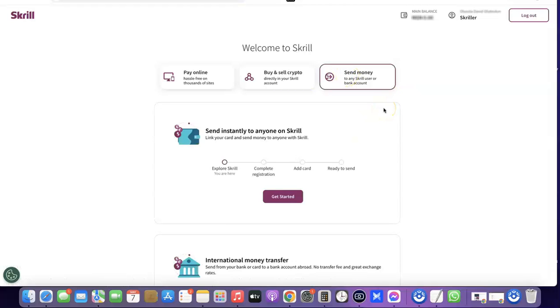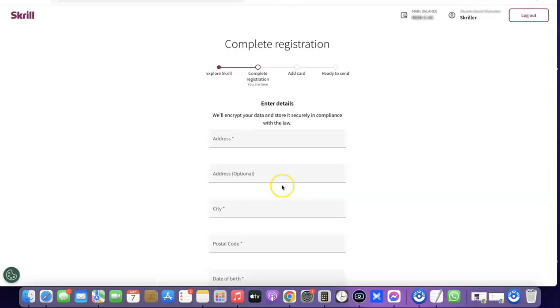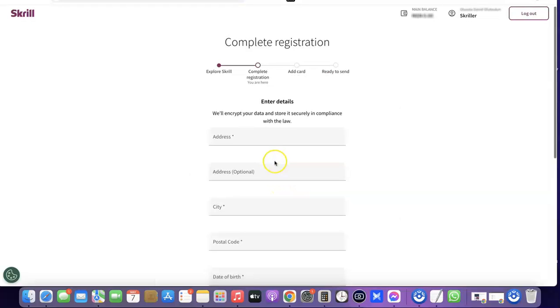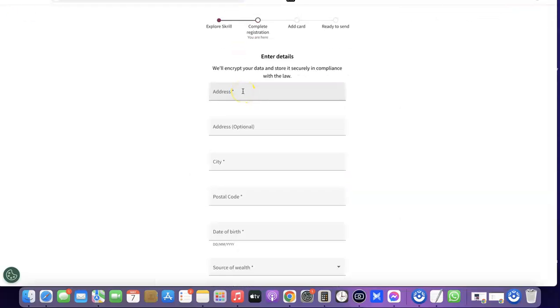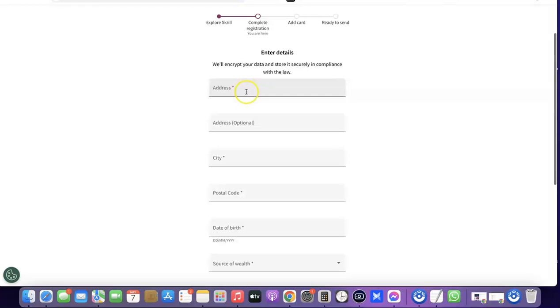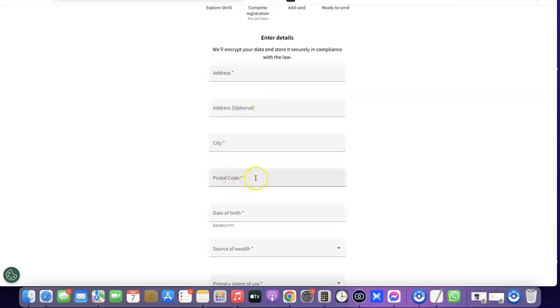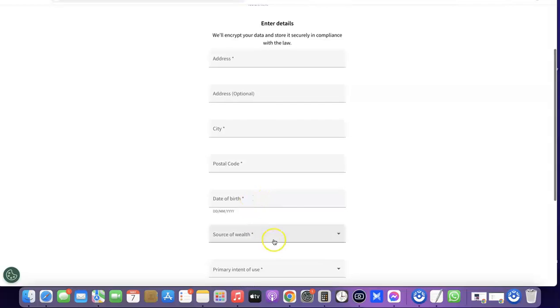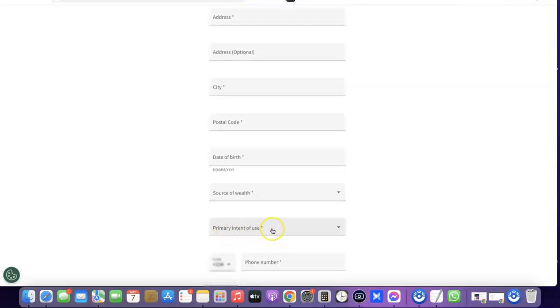When you click on send money, it's going to show you the process of getting started on the platform. So click on get started. When you click on get started, it's going to bring out your address form. Here, enter your address, your city, your postal code, your date of birth, source of wealth, primary intent of use,